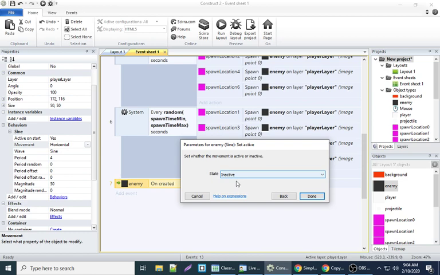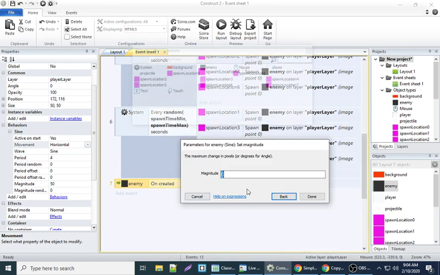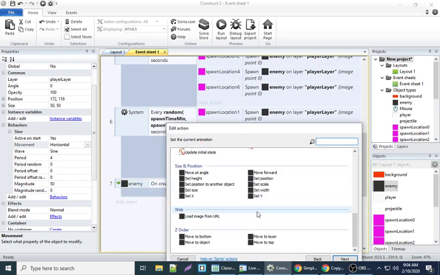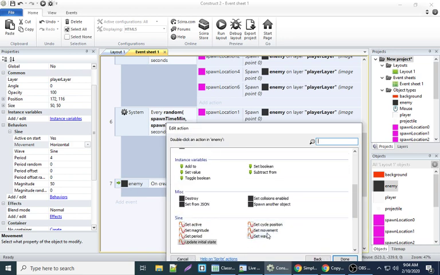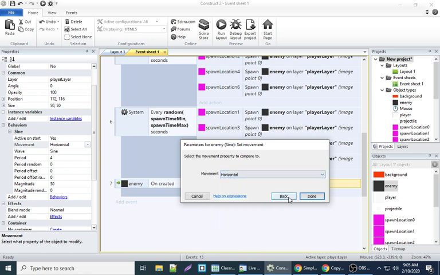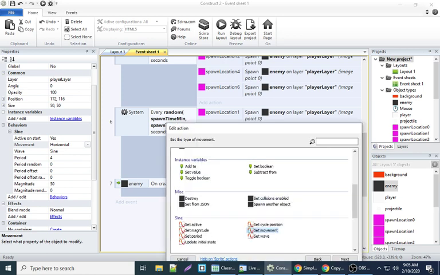Active, inactive, magnitude. We can change period. We can change initial state. That doesn't help us. Set movement. Ooh, okay. So we have horizontal and vertical. I've got to think about the logic for this one here. We're going to stop the stream here, and I'm going to give you time to